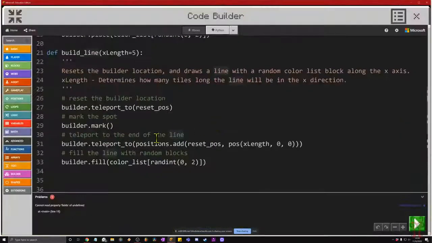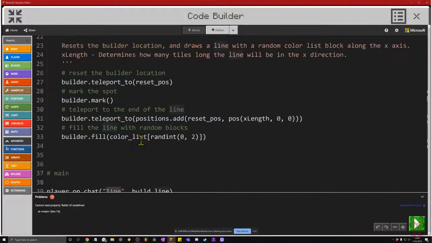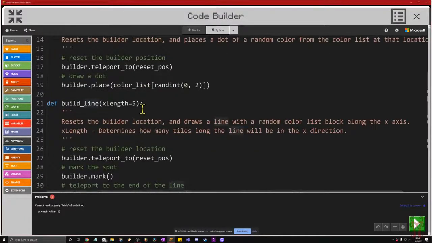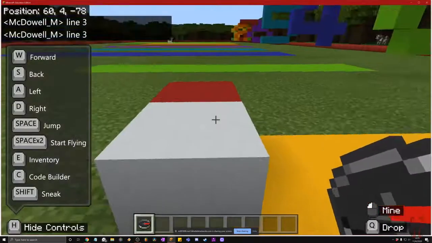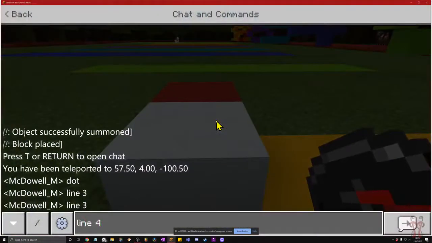What is going on? I have some type of error in my code. Where is that? Let me take out this build line. Let me take out that default code. I think that it's messing up what we're doing here. So let's take out the default. We just have X length, build line, X length. There's no default. I think that might be the issue. We press play, and if I type in line 5 or line 3,